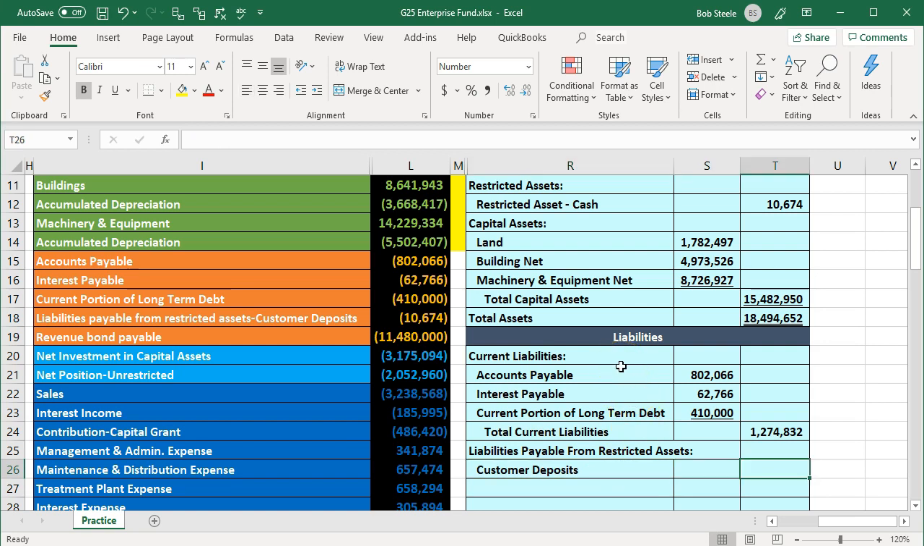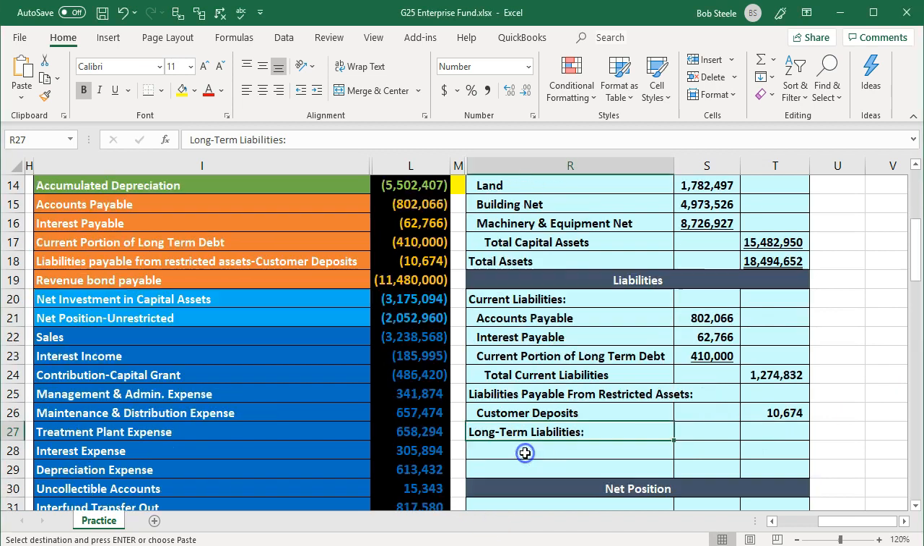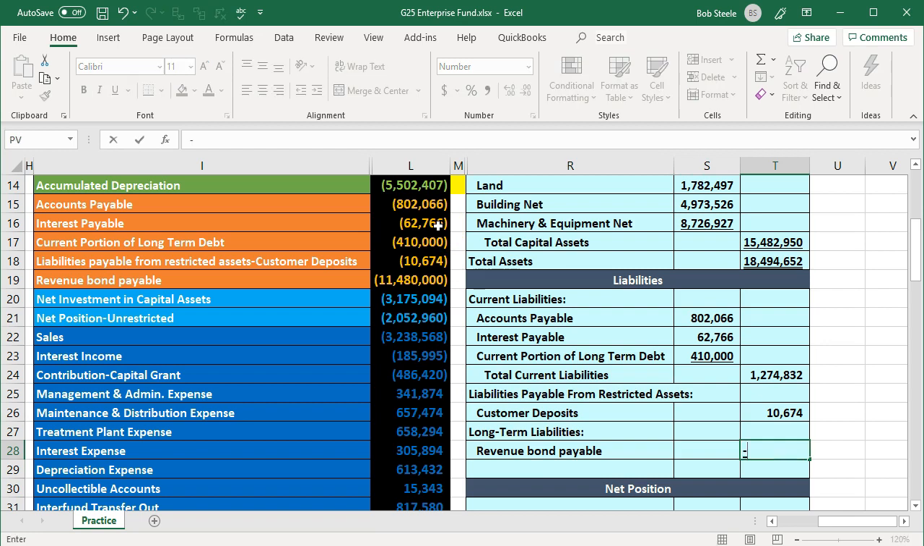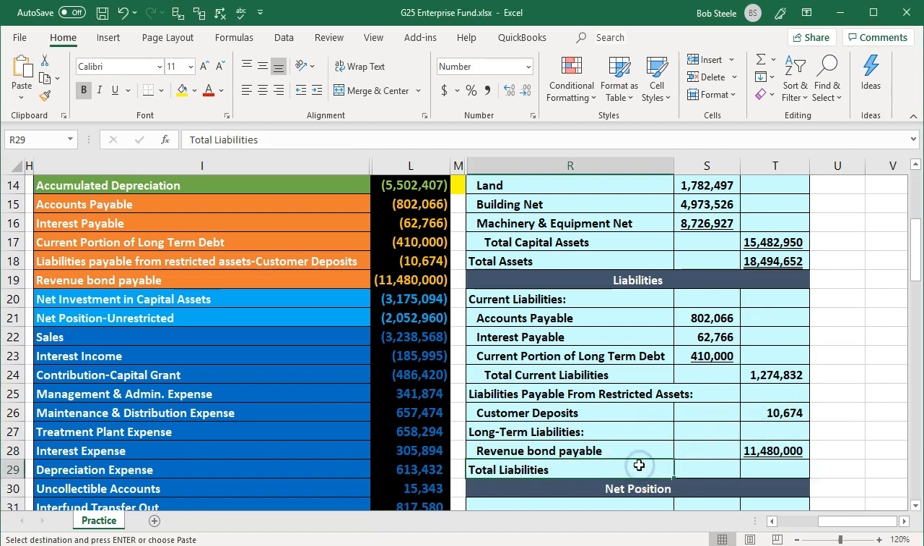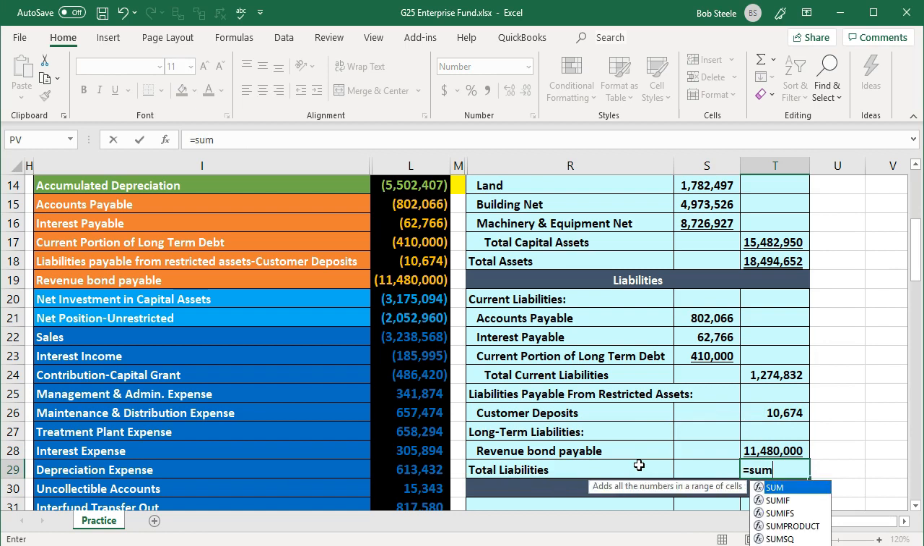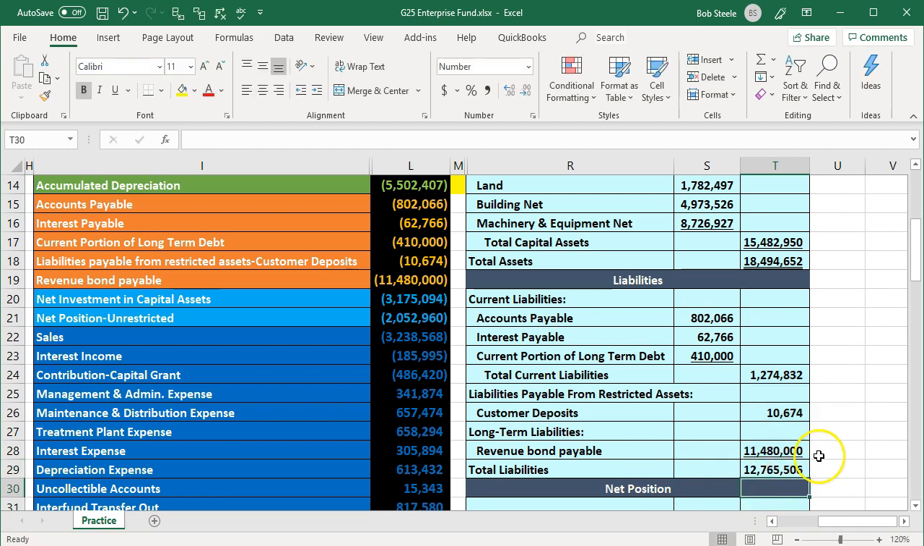And then we'll put that in the outer column, negative of that 10,674. So there is that. And then we've got the long-term liabilities, which of course is going to be the bond. So we'll pick up the bond, which will be this amount. Again, only one of them. So we'll put that in the outer column, negative of that total, and that gives us our total liabilities. And I'll sum these up in the outer column. So that's the sum of the long term, the liabilities from restricted assets, and the total current liabilities, giving us our total